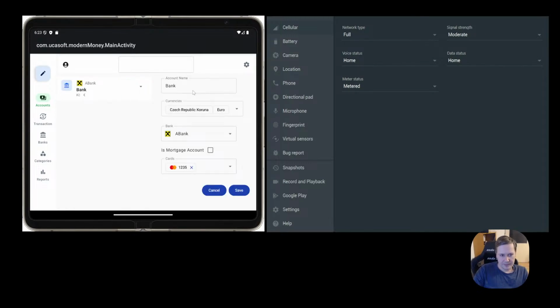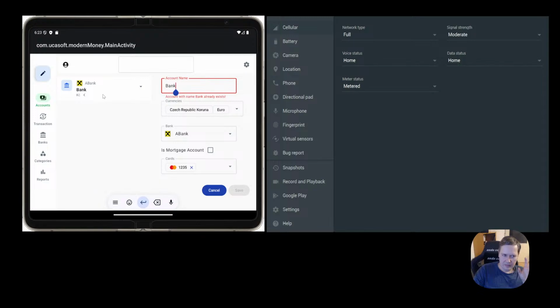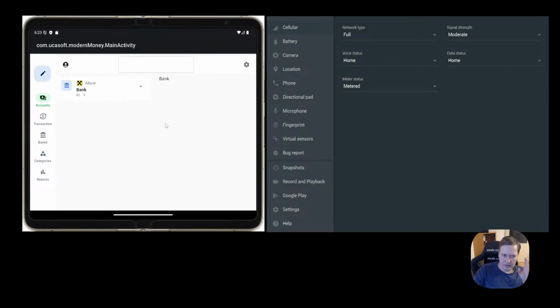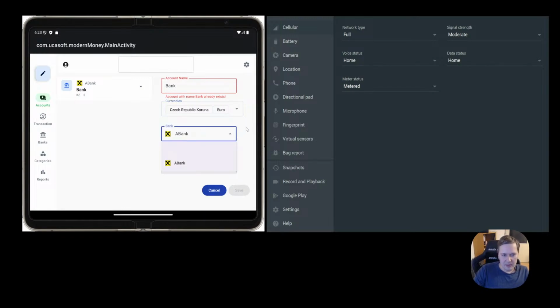And what I implemented. Right now we have name, we have currency. You can see we don't have any possibility to delete it because, as you remember, if we add currency and save it, we will not be able to delete it. But if we choose US dollar, you can see it's expanded and we still can, buckets already exist. It's a bug probably, because it's the same component. I will check what's going on. So we can remove it, and bank is still just a drop down.